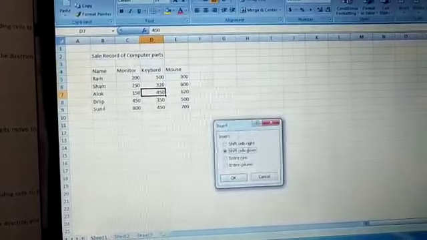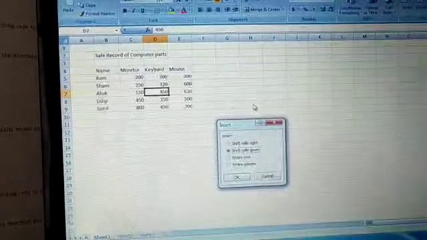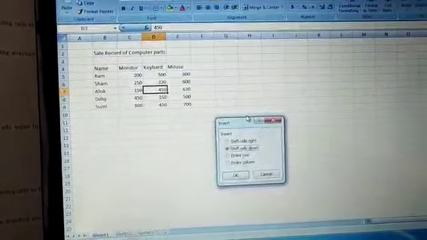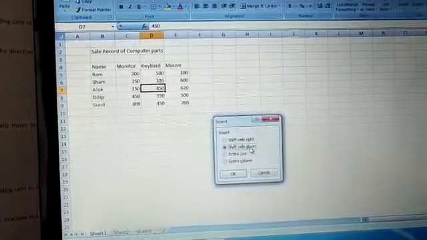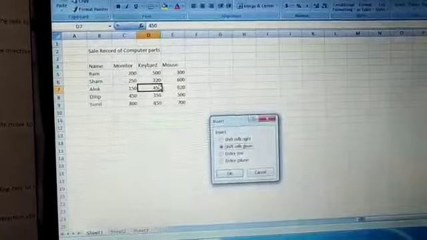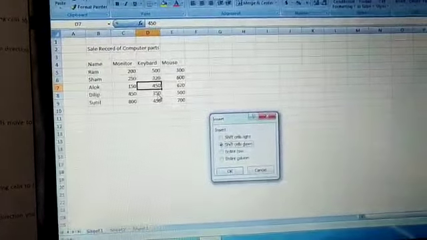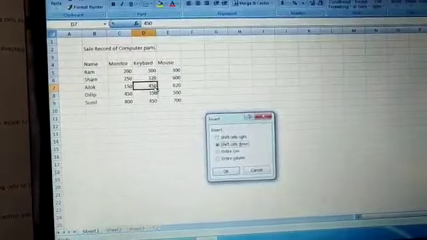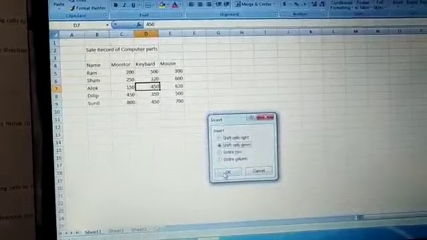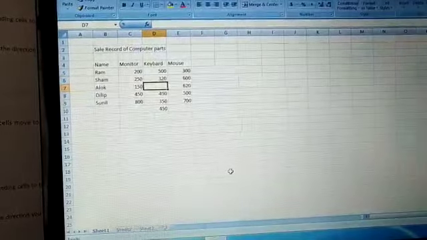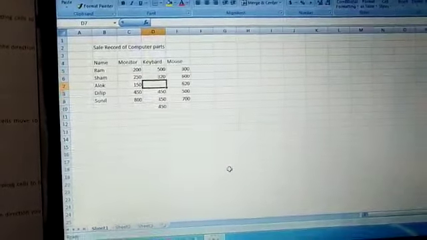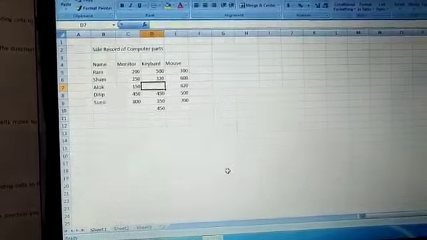This is up to you which option you want to select. Here I am going to select this option, shift cells down. So this cell moves down and a new cell is inserted here. Click on it. Now as you can see, a new cell is inserted and the previous cell is moved to the down side. I hope you can easily understand.